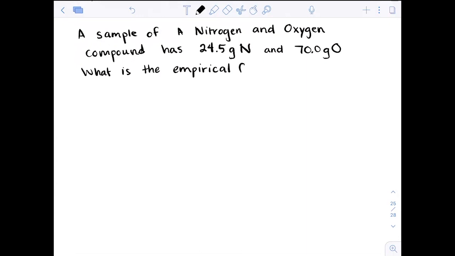What we have to remember is our definition of the empirical formula. An empirical formula is going to be that smallest whole number ratio of atoms. Why it's important to be able to say empirical formula here is we can determine a molecular formula, but we're going to need a little bit more information. So let's look at this problem first and identify a couple of things. Now, we are given the individual masses,